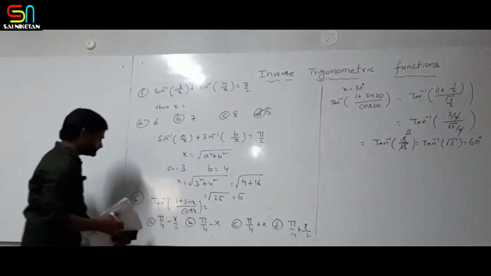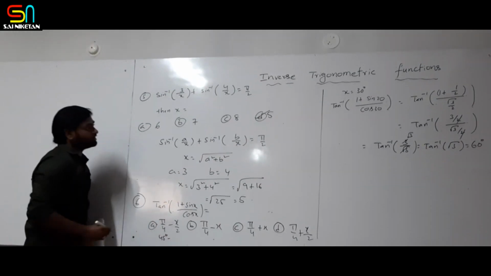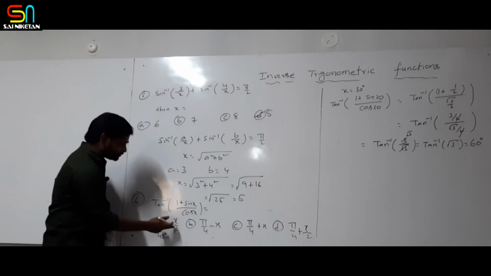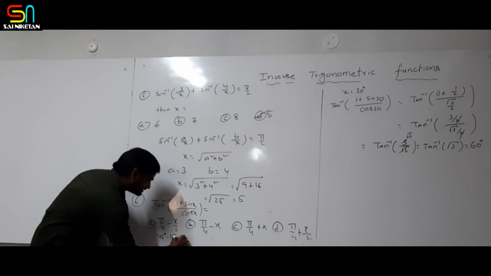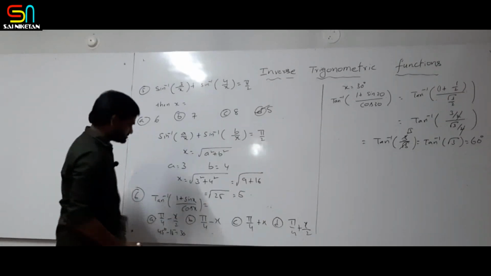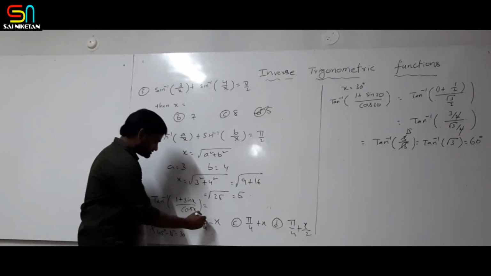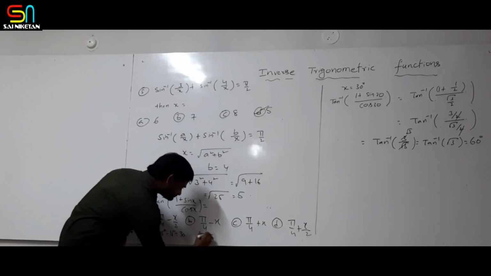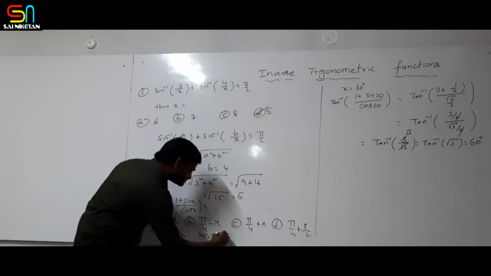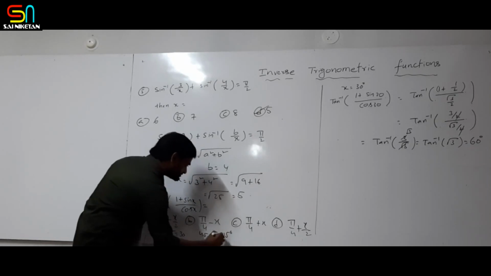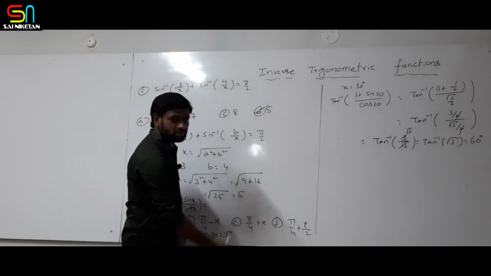Okay. Now come to here. So pi by 4 is 45 degrees. What is x value? 30 degrees. 30 by 2 is 15. So 45 minus 15 is 30 degrees. What we got as the answer is 60 degrees. That's why it is wrong. Next come to this one. Pi by 4 is 45 minus x value 30 degrees. 45 degrees minus 30 degrees is 15 degrees. So it is also wrong because the answer is 60 degrees.